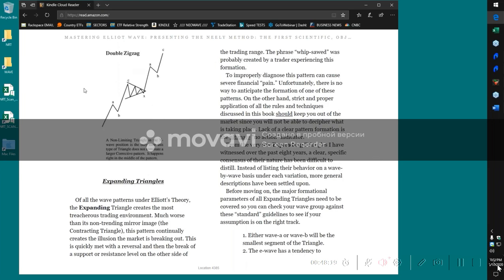Here is a non-limiting contracting triangle as an X wave separating two zigzags. And here the complexity level is tolerable. The X wave is not much more complicated than the other pattern. It really should be only 3 waves, not 5, because you don't want it to be more complicated or time consuming than the previous pattern. So we probably should have removed one of these and put the X wave right here